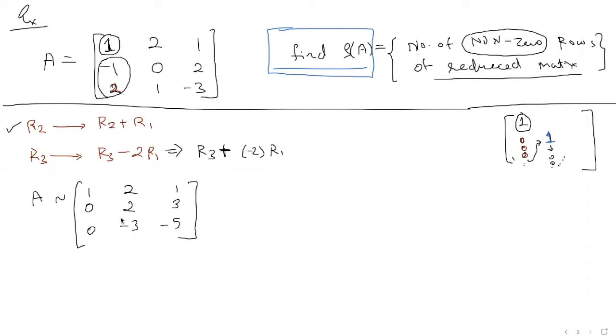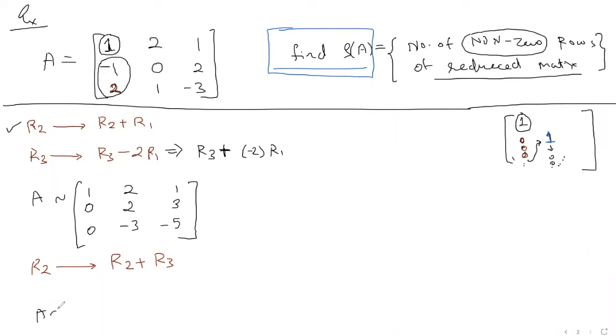You can divide by 2 also, but when you divide row 2 by 2, it gets very complicated. So I would recommend you do row 2 becoming row 2 plus row 3. So I'm going to add row 3 and row 2. And just notice that if I add these two, it will not affect this 0 at all, and you want to ensure that. So just see what happens when we add the two.